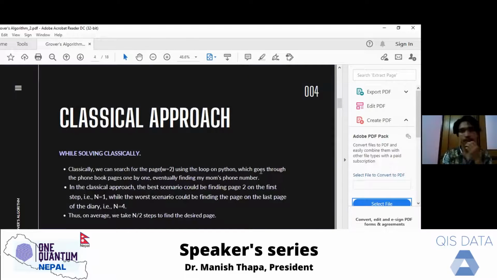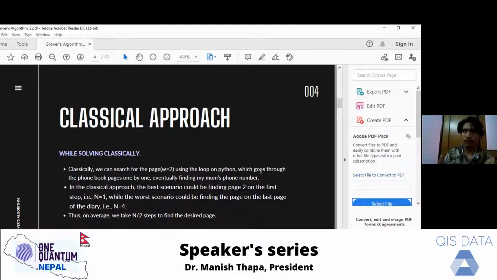So after that, how to get that data? How is the quantum approach better than the classical approach? In the classical approach, if the data is on the second page, then you have to run some loop from the first data and first page. On average, if you try to find the solution through the classical approach, you have to iterate that function n/2 times.